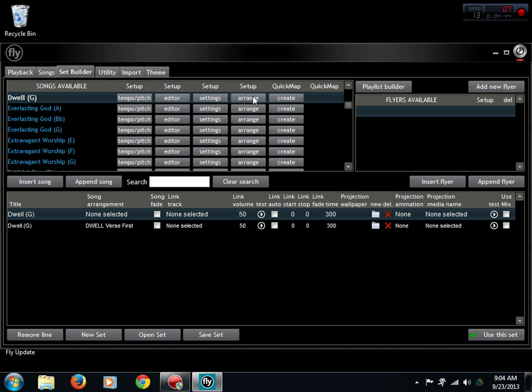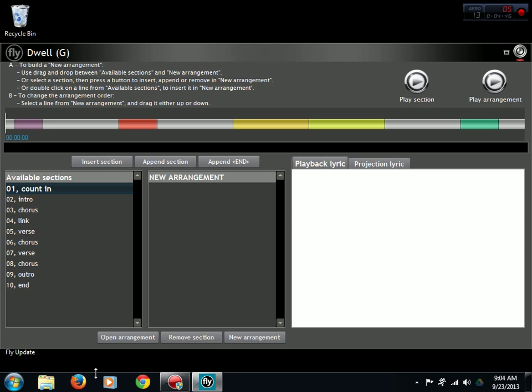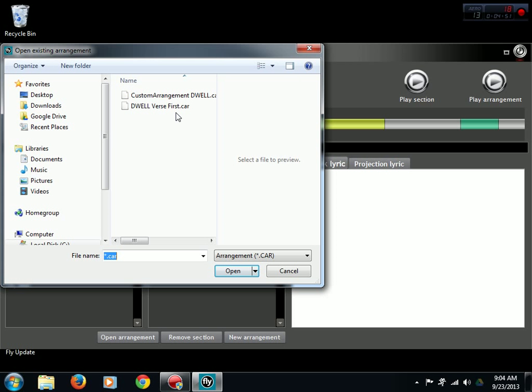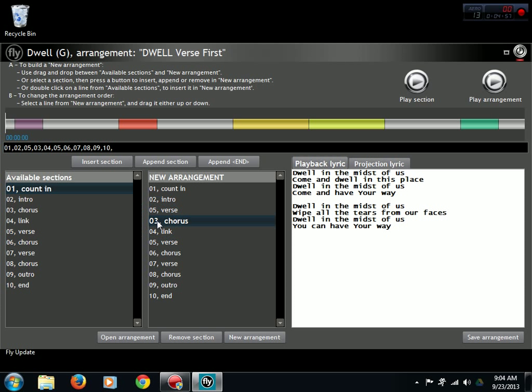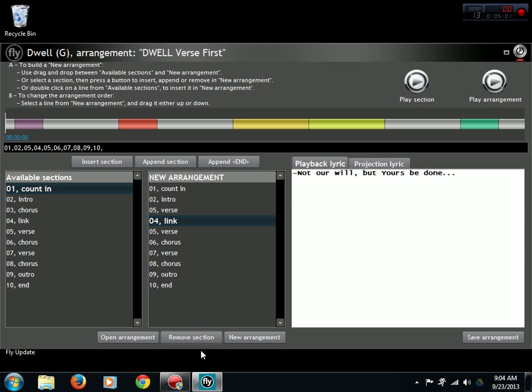Let's go back to the arrangement. Instead of doing a new arrangement, we want to open the existing arrangement that we just made, and we want to change it. I don't want to go to the third chorus anymore. I'm going to remove that section, and I'm going to remove the link section. So I'm going to go from the verse